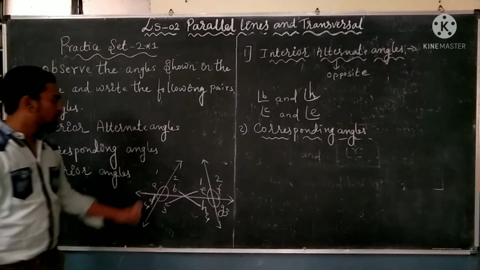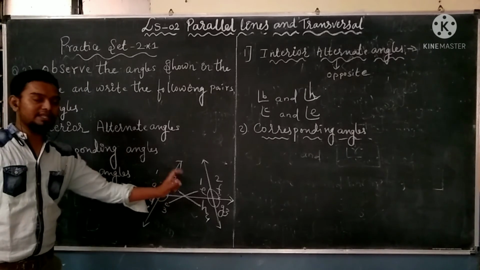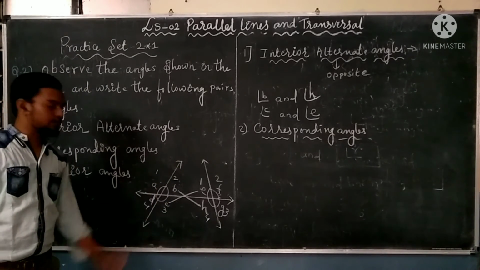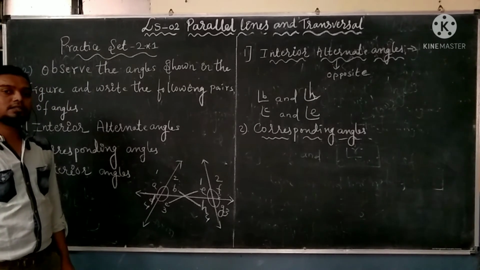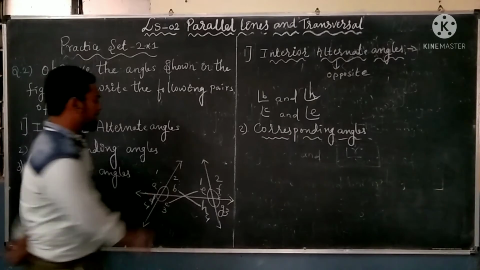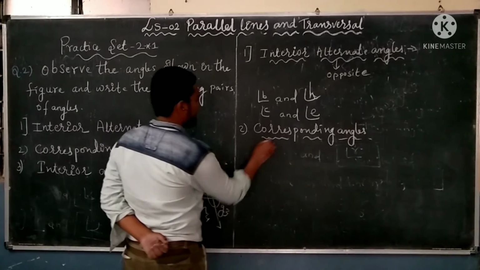Corresponding angle means number 1 angle on one side, number 2 angle on the other side, number 3 angle and number 4 angle. That means here angle A, corresponding angle